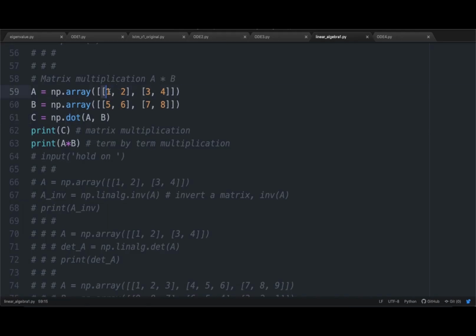So first we enter the numerical values and create this matrix A, and then we create the matrix B similarly, and we can use the np.dot operator here. This is going to do the matrix multiplication as we know in linear algebra. But if we want to do a term by term multiplication, we use